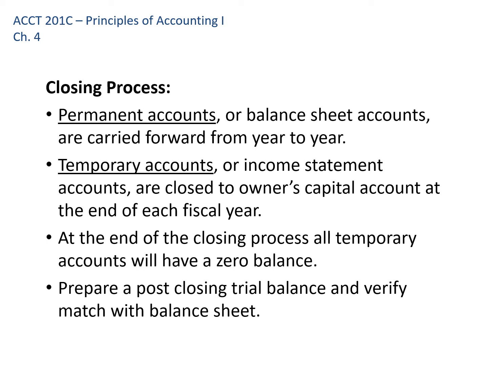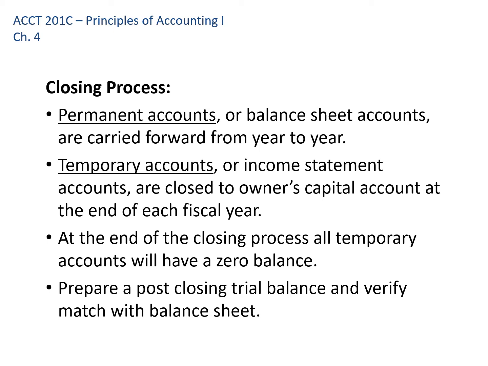If we have a building this year, we still have the building next year. If we have long-term debt December 31st, that long-term debt is still there January 1st. So those are permanent accounts. They don't have to be closed out. Temporary accounts are income statement accounts, and those get closed out to the owner's capital account at the end of each year. Think of it as kind of wiping the slate clean so we have a fresh start to the